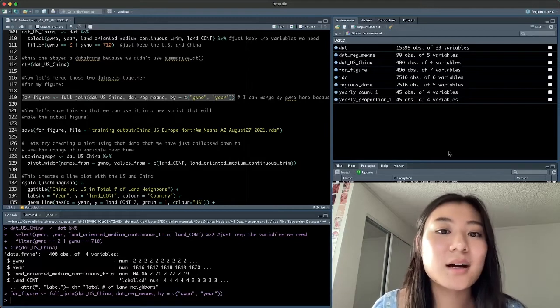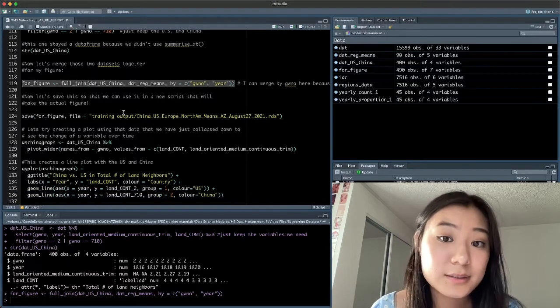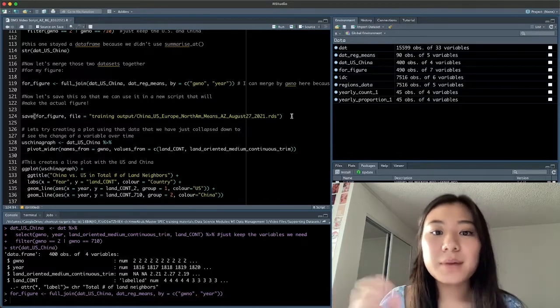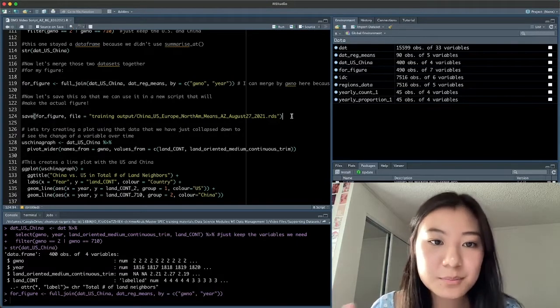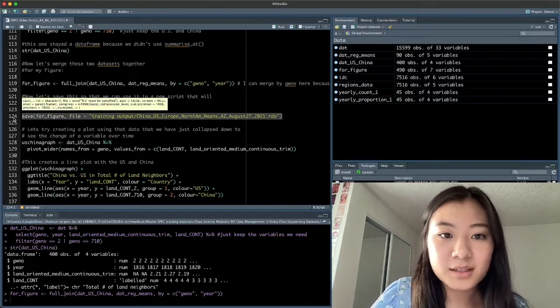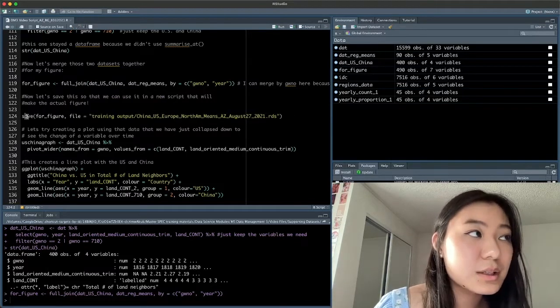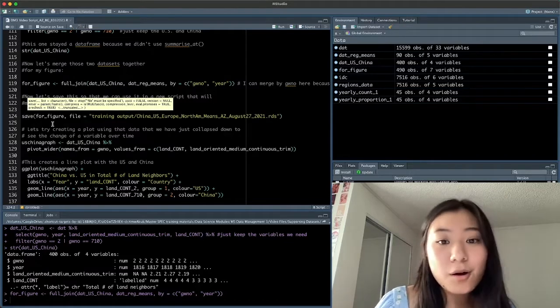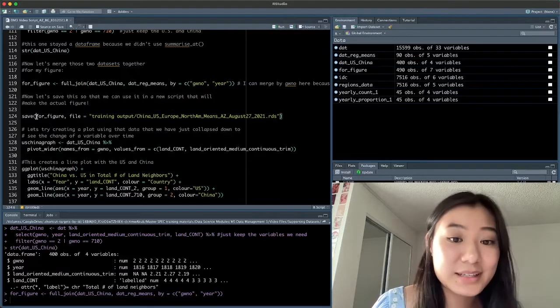Now let's save this data object so that we can load it in later to the script that will make the actual picture. We could combine those 2 scripts together, but for now, let's keep the processes separate and let's wrap up what we're doing here. To save this new forFigure object I have worked so hard to create, I'm going to use the save command here.